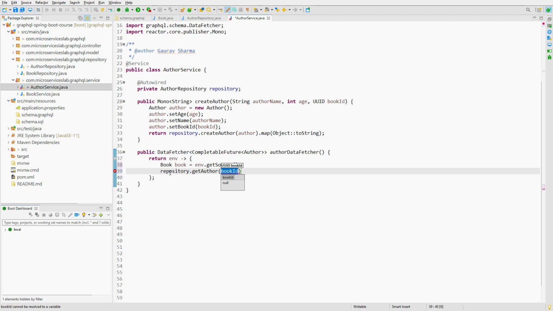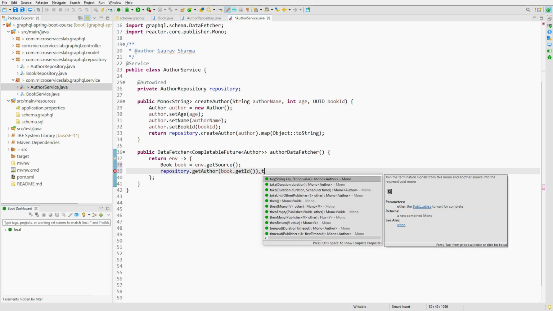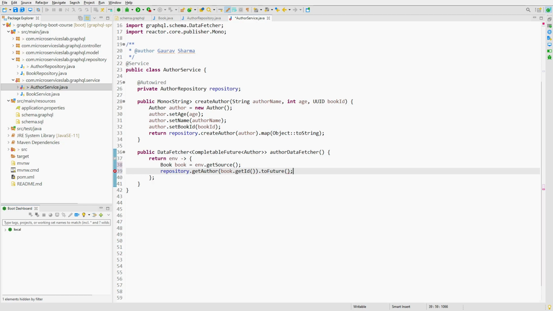And how are we going to get the book ID? book.getId, and we will simply return according to the return type. As we are getting the Mono of Author, we have to convert it into the CompletableFuture. So we will use the toFuture method and return this, and we are done with our data fetcher for the author field.